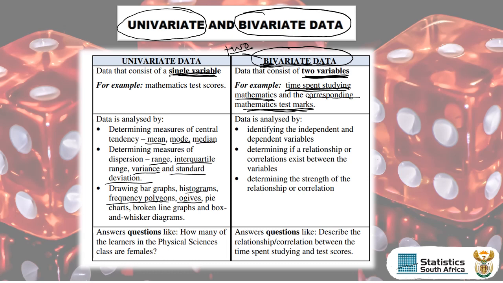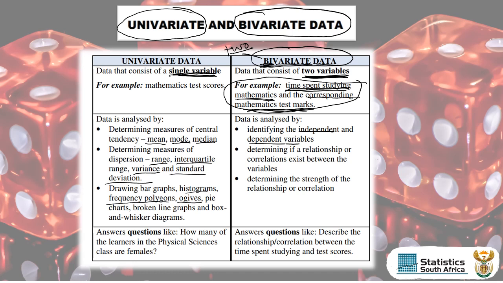So they want to measure two types of data, or two data sets that have different variables. You understand? So we call that bivariate data. This data will be analyzed by identifying independent and dependent variables, to say, from this example that I just showed you here, to say